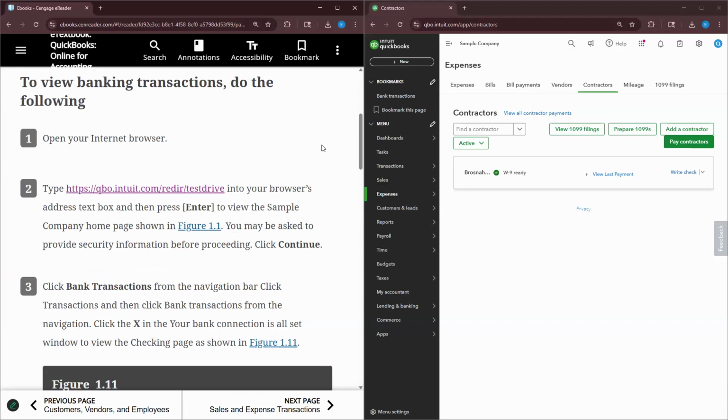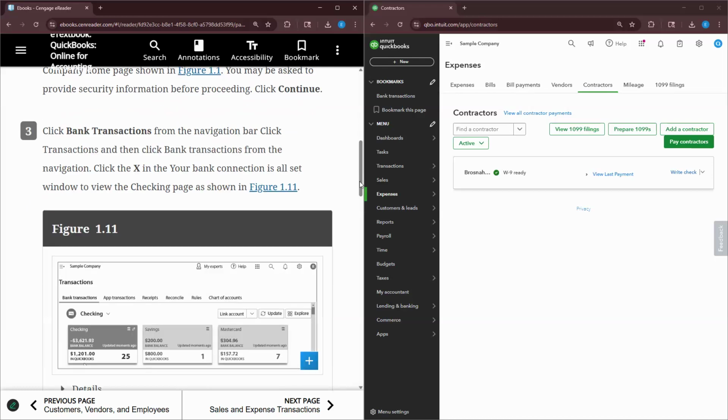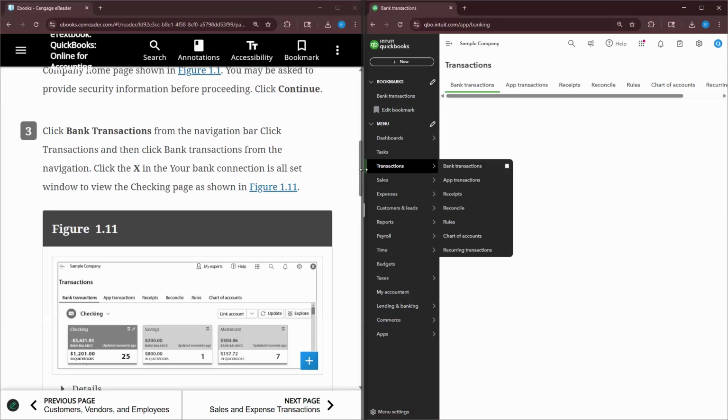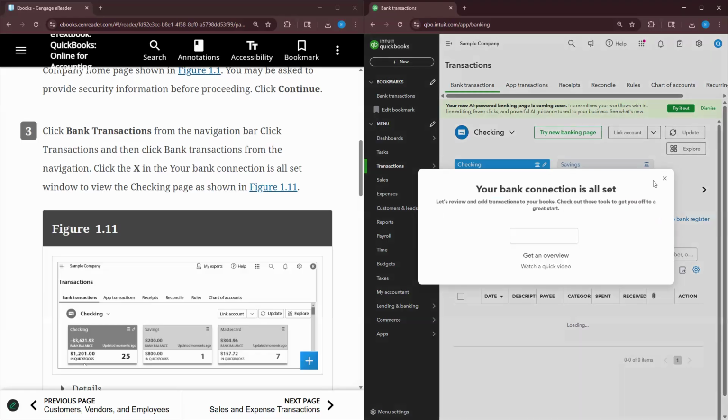All right, so it says open the browser. We already have it open. We're already in the test drive because we didn't close it. So we go to transactions in our navigation bar. We click on bank transactions. And then here we see,